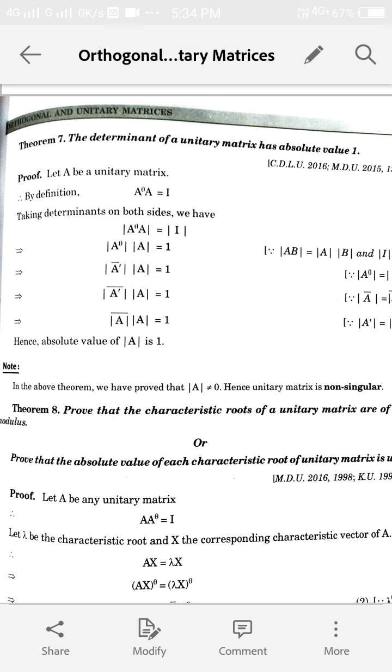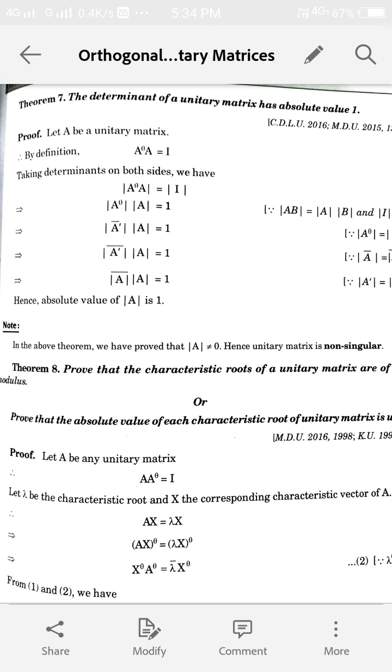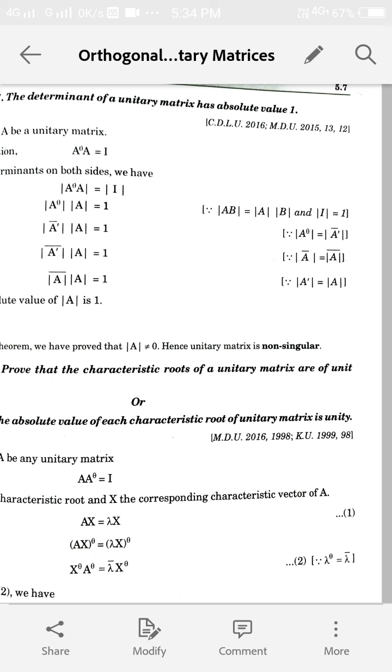Now again taking the determinant on both sides. Now apply determinant of AB as determinant A into determinant B. Now using this property we can write it as determinant A theta into determinant A, and the determinant of the identity matrix will be equal to 1. Now we can replace A theta by A transpose conjugate, and we know that the determinant of A conjugate can be written as the conjugate of the determinant of A. Now use this property, and now again use the result: determinant of A will be same as determinant of A transpose.